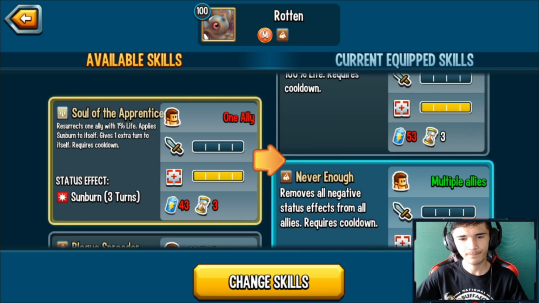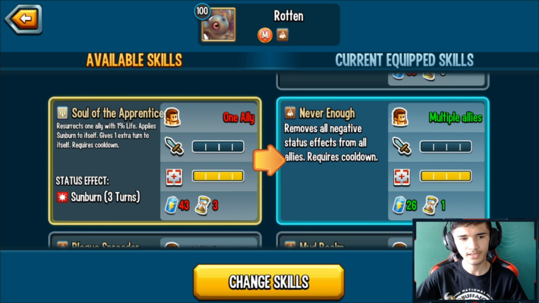So this is what I did. I removed one skill, right? And I swapped it with Never Enough, basically the cleanse skill. And I hope I made the right decision here, because I already have one resurrection skill. This other one gives an extra turn to yourself while you have sunburn, and then resurrects one ally with 1%